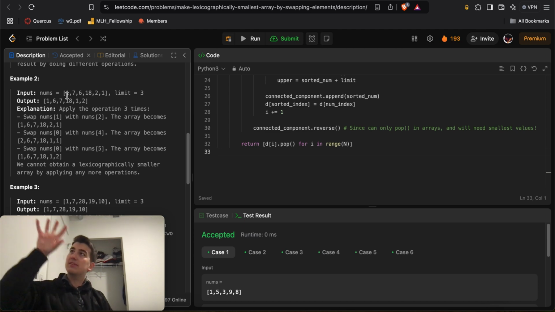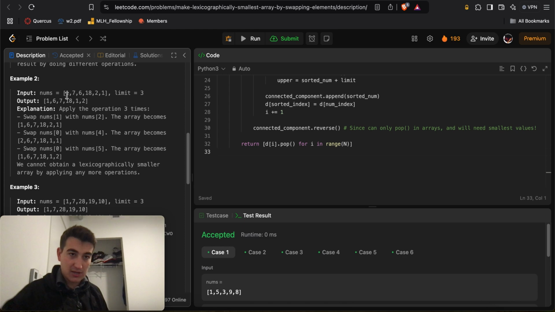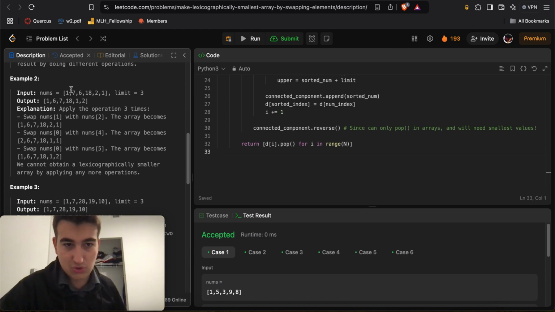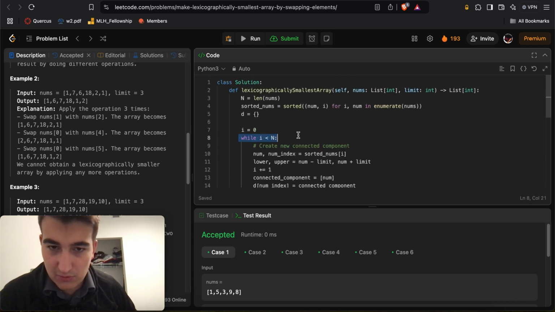So it's like, okay, this node, out of all the nodes they can swap with, let's make sure that we swap it with the smallest one, so that way we can reach towards our goal of making this as lexicographically small as possible, right? And so that's exactly what we do. Here I'm going to loop through every single node inside of nums. So while i is less than n, starting with the very first one,